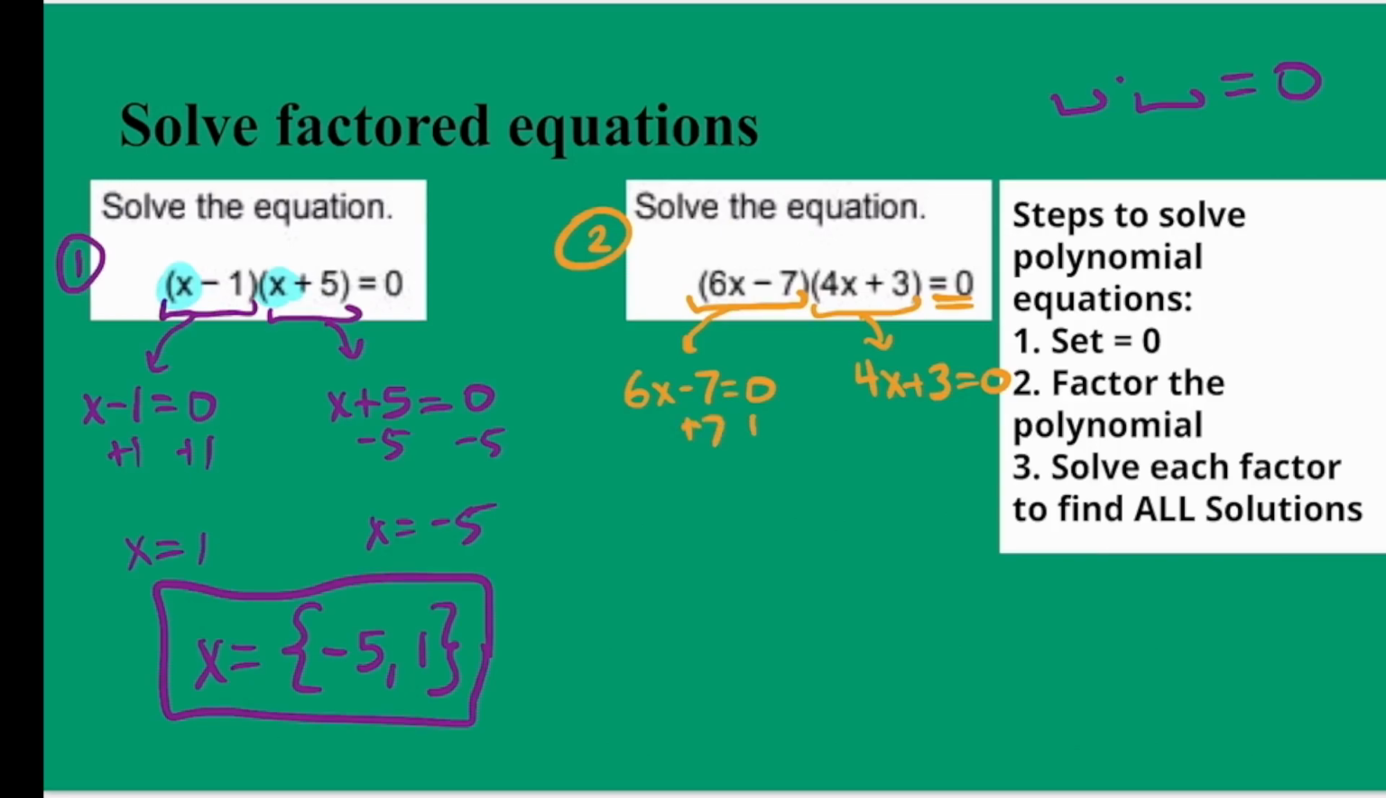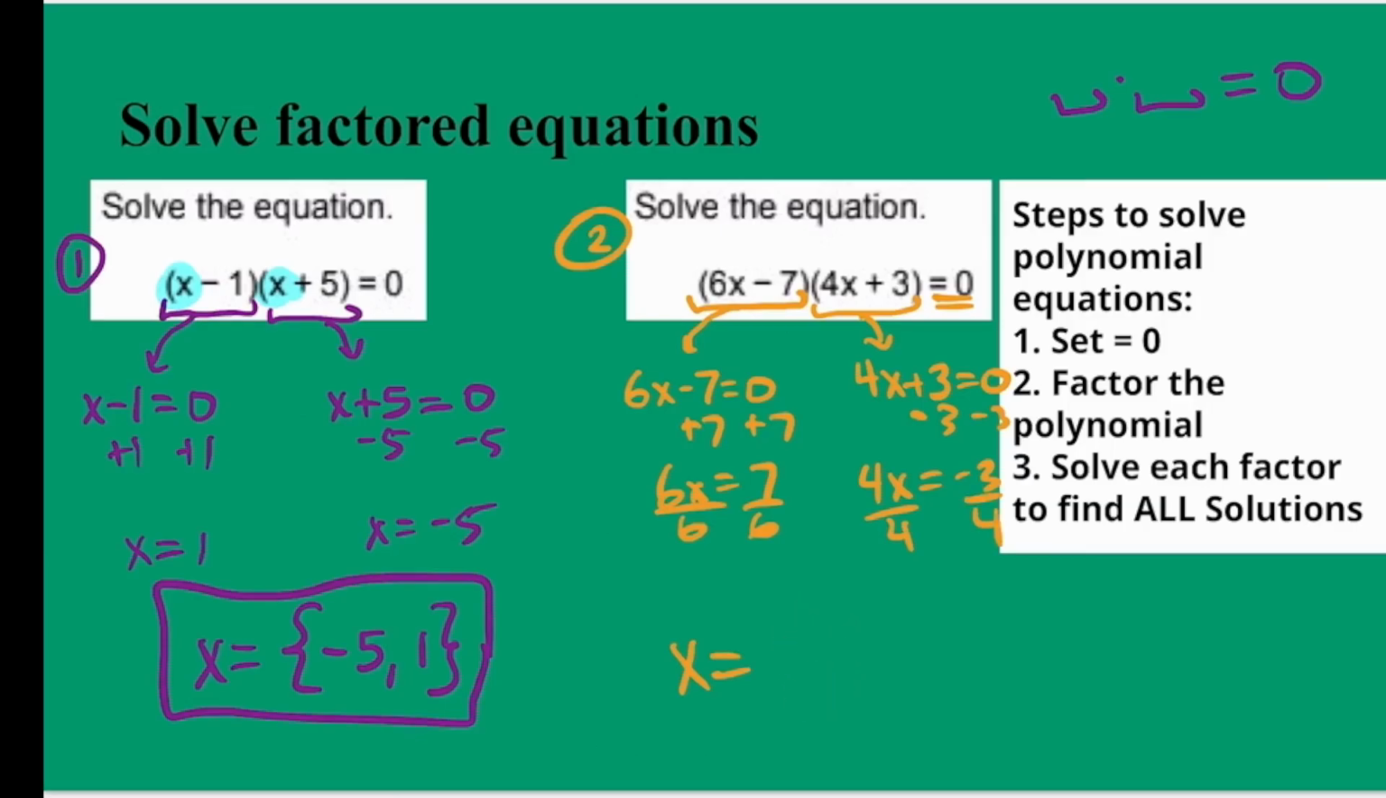So on the left, we add 7. We divide by 6. So we get 7/6. And on the right, we subtract 3, and then we divide by 4. So we get